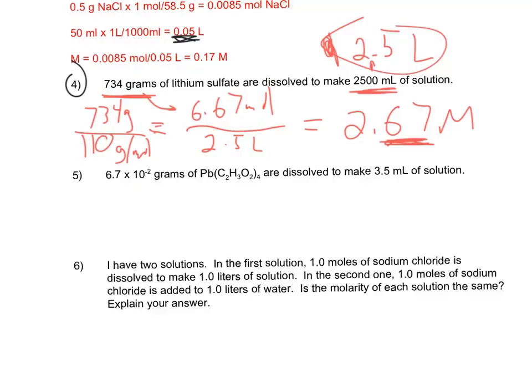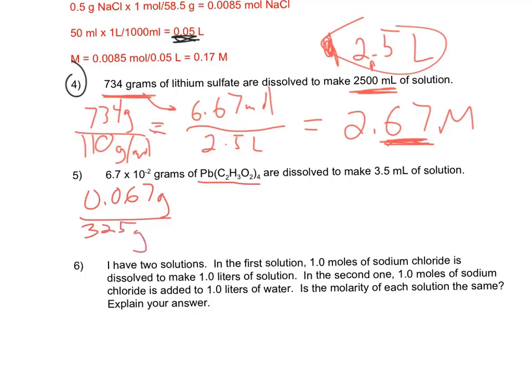This one's actually written slightly different because it uses scientific notation, but 6.7 times 10 to the -2 is equal to 0.067 grams. Okay, so we're given the mass of this compound, which is called lead acetate. That's actually a very heavy molecule, because it's got lead and then all these other elements attached on there. So the molar mass of lead acetate is actually